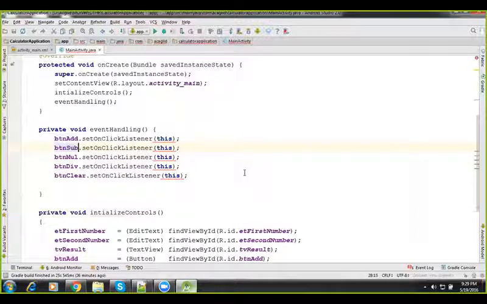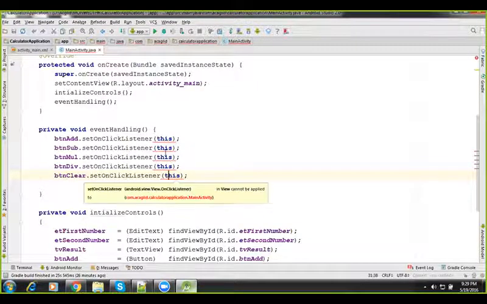Like this: addition, subtraction, multiplication, division. Clear. Now I'm going to apply the listener. We'll get the error lines, or not? See, what we are going to do here is, if we get an error here,